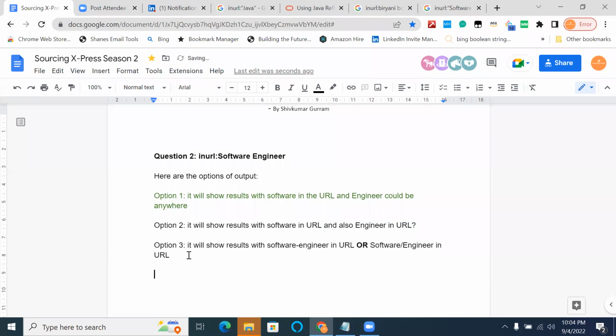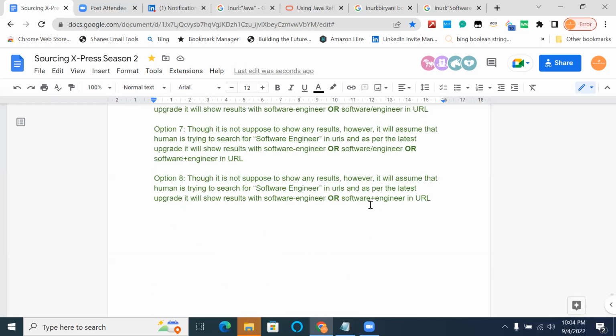Shiv, I have a doubt here. Earlier you had mentioned in case we give space, it is taken as AND, right? So in that case, why is it not taking it as software and engineer? Earlier you mentioned wherever we give space in Google, it takes it as AND. So in that case, this should be taken as software and engineer, right? This is also true: software plus engineer.